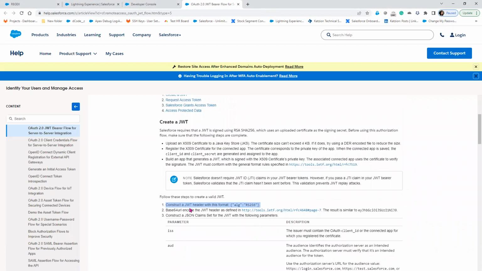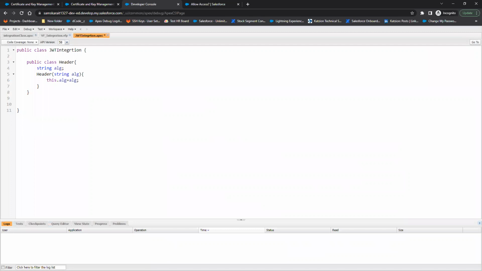So what is the algorithm? That is the first step for the JWT. So the first step which we have implemented is the header implementation. We have implemented the header. And the next step is